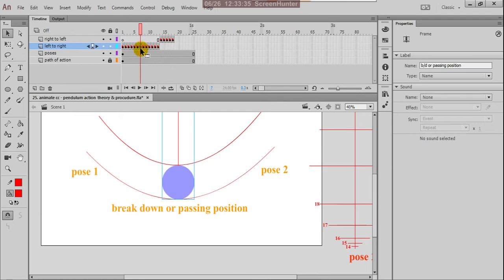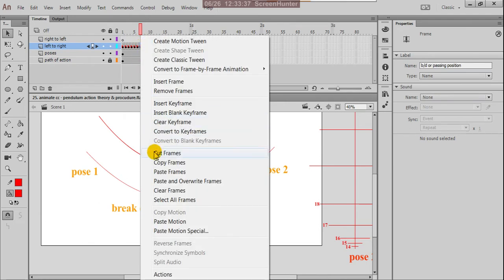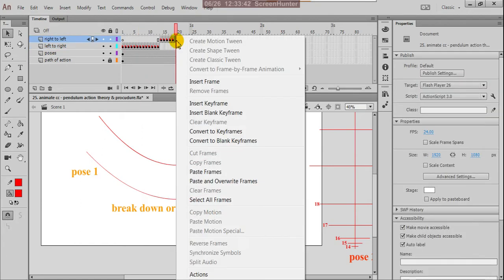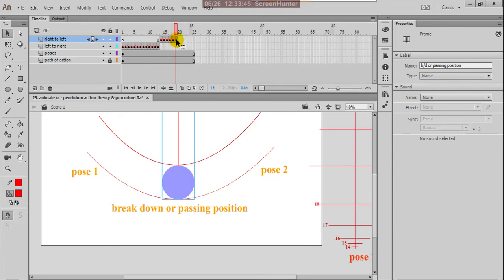Now select the 7th frame, copy that frame, copy frames. At the 19th area paste frames, and from properties, this is a breakdown or passing position. Number wise it is 19th, but it is breaking the action between two keyframes.